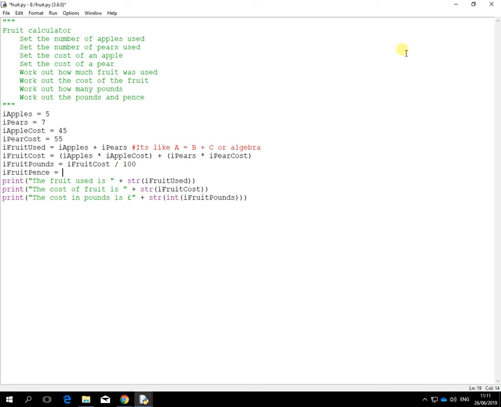Yeah, I think I can do this. Now, we know certain things, right? We know that the pounds value, etc. So I can do this, fruit pounds, which is really 6 when we did the example there. If I multiply that by 100, I turn it back into 600 again, right? Now I know that 610 is what was there, so how